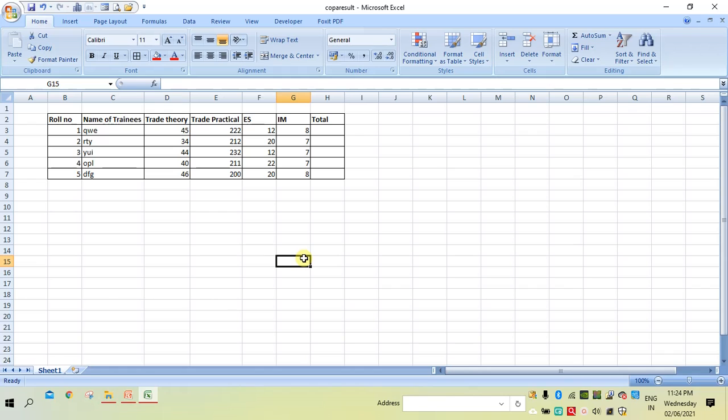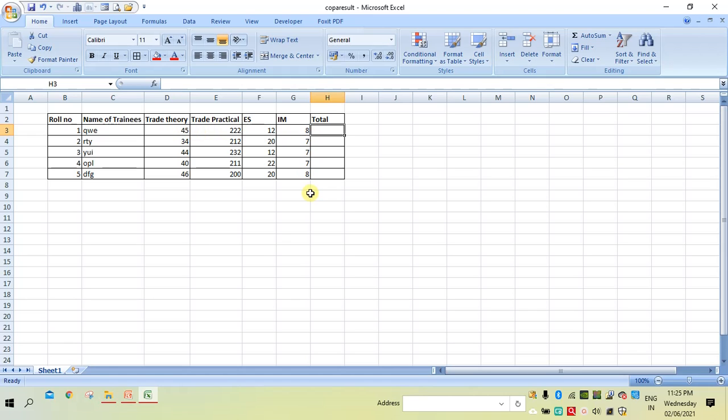What is a formula? A formula is an expression that calculates the contents of cells. For example, to add these values, we can type a formula so that it will add these cells' contents.